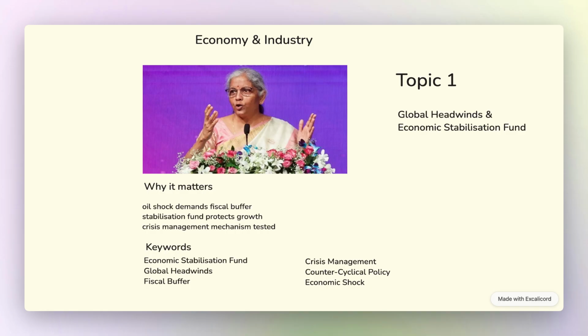The fund will receive initial capital and be used for counter cyclical fiscal interventions during economic crisis. The mechanism aims to prevent any kind of economic slowdown from becoming severe recession through timely government spending. The West Asia war pushed oil prices to $140 per barrel, creating massive fiscal stress through higher subsidies and